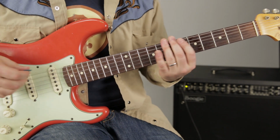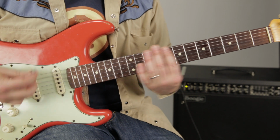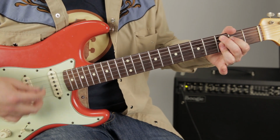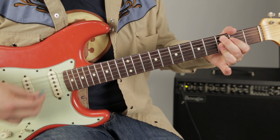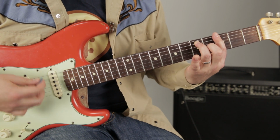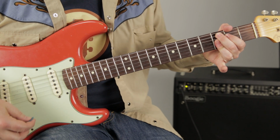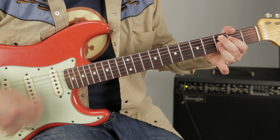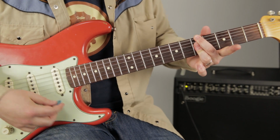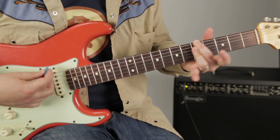So let's play everything up to that point, starting on the G7. C9. Back to G7. Up a half step, back down. Now C9 again. Then G7, A minor 7, up a whole step, down a half step, down another half step,